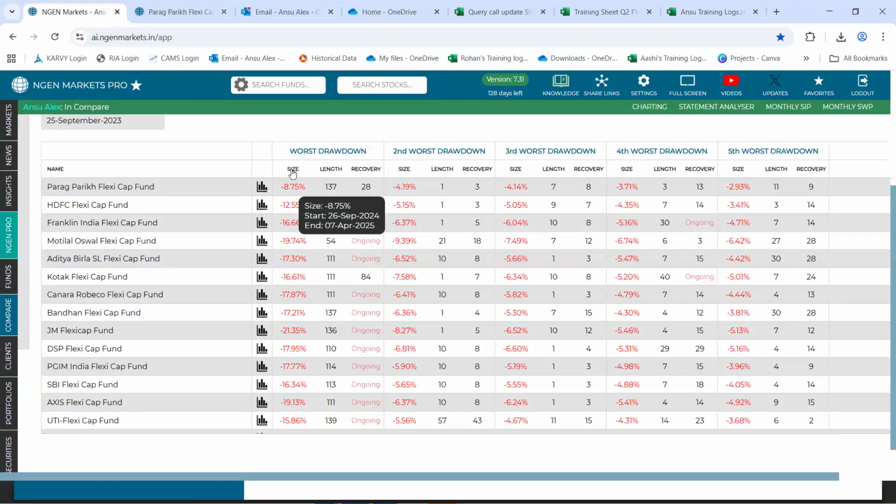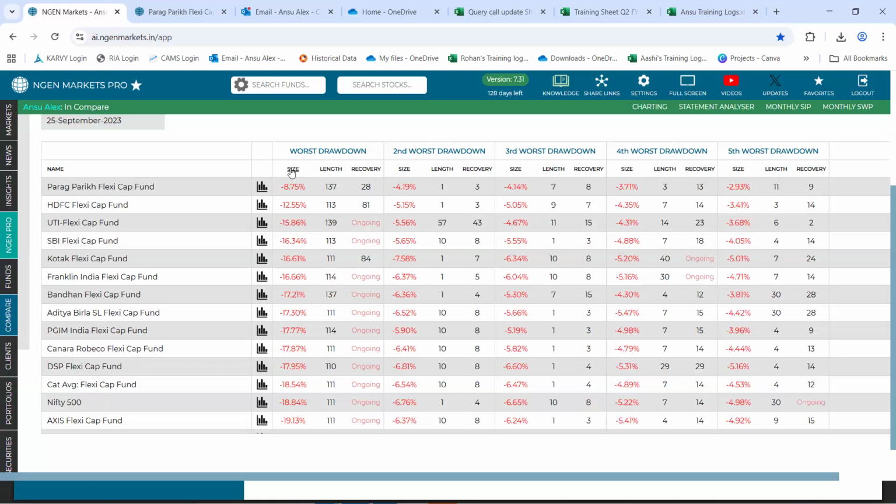At a gist, in this drawdowns tab, we show you the size of loss that is experienced by the scheme, the length, which is the number of days for which the NAV kept on falling or the drawdown continued, and then the recovery column will tell you how many working days it took for the fund to recover from the loss that has happened. You can anytime sort this data just by clicking on either of these column headings.